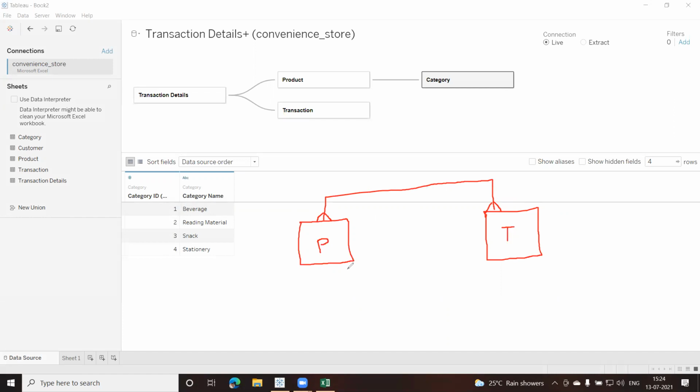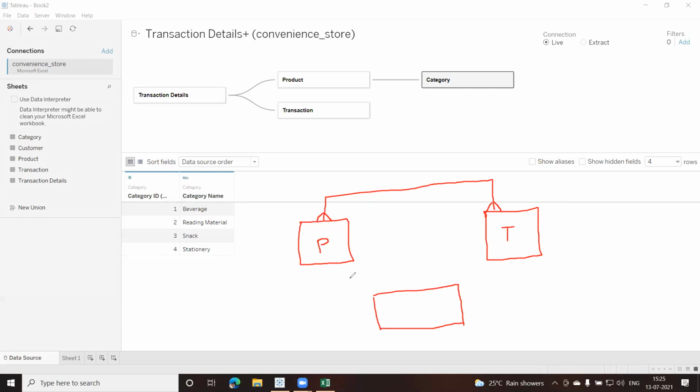Please remember, whenever you have a many to many relationship like this, the database management system tells you that you need to have another table which will have the unique IDs of the product ID. Another table gets created in such a scenario.